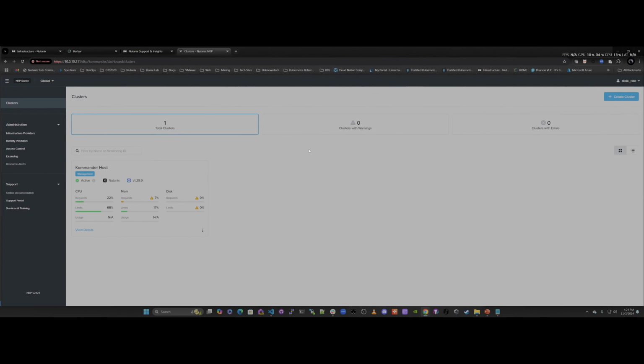Okay, and now I'm going to make this big so you guys can see it. And now I'm logged into the interface, and you can see here in the upper left hand corner that I highlighted here is NKP starter. Again, there is no license associated with this. Automatically, you start with starter, and then you have to obtain or purchase a license